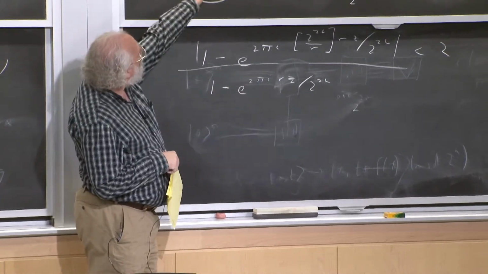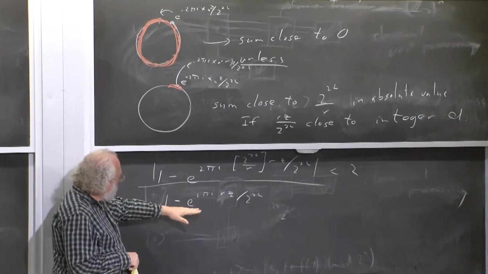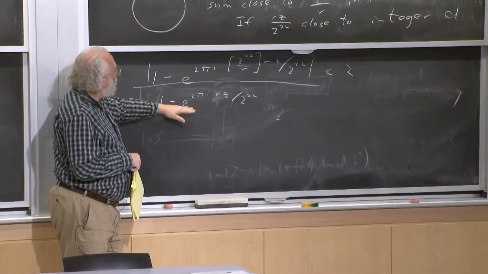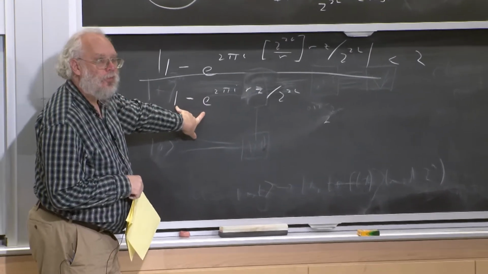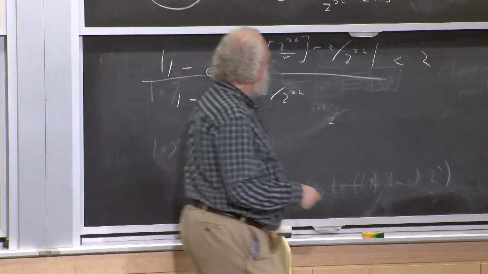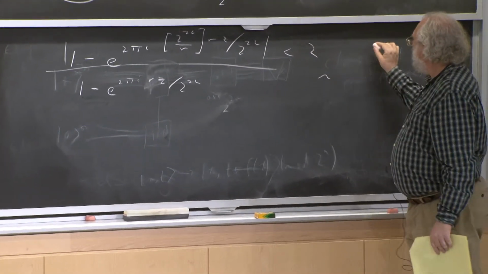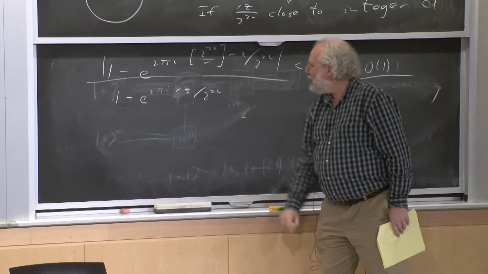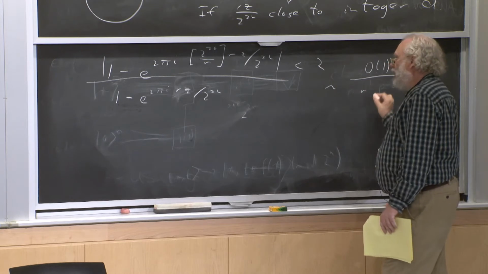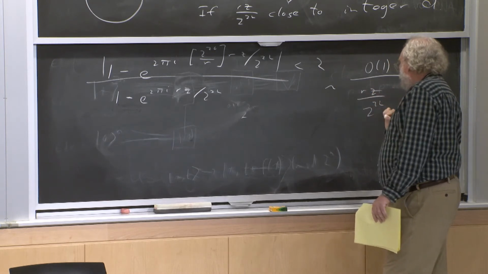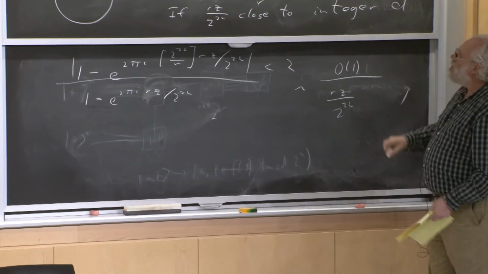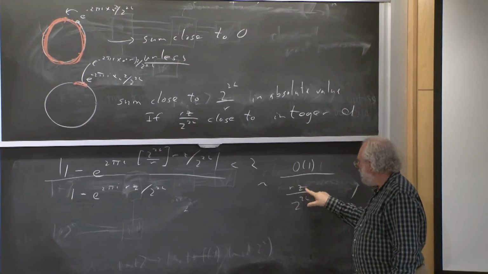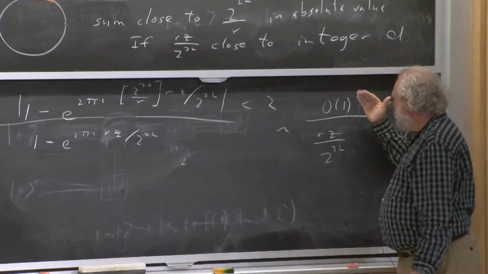We leave that term out. And remember, we're dividing something by something else, and it's going to be relatively small unless the something else we're dividing by is really, really close to 0. So this is roughly something of 1 divided by, well, what is this? This is roughly rz over 2 to the 2L. So the probability of seeing a number z is roughly rz over 2 to the 2L squared,